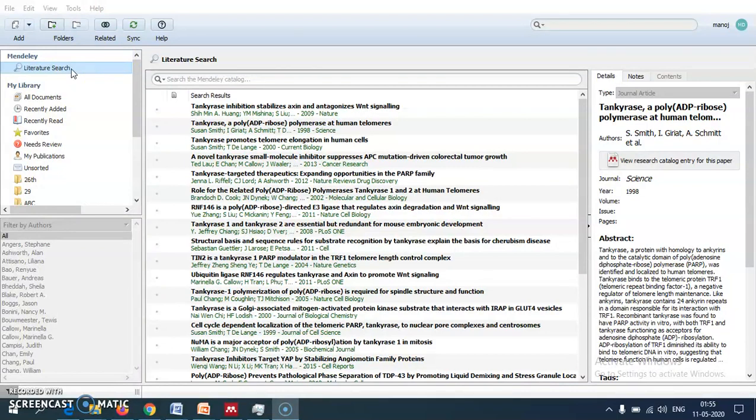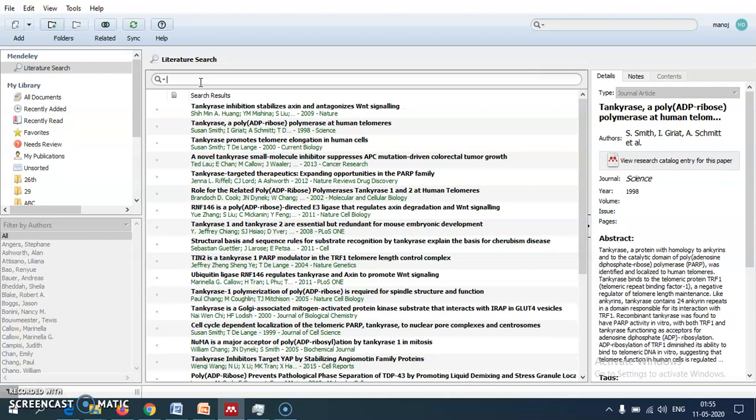The first thing we can do is use the Mendeley search engine. If you click here on Mendeley search, we will get the search option. Depending upon my research interest, whatever I want to search, I will put that keyword.